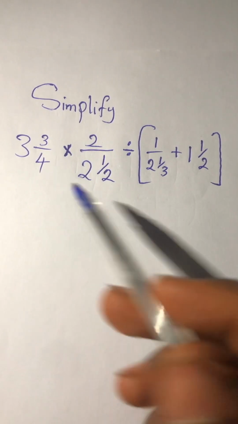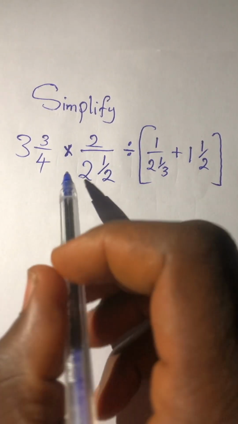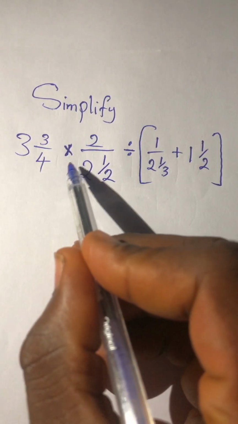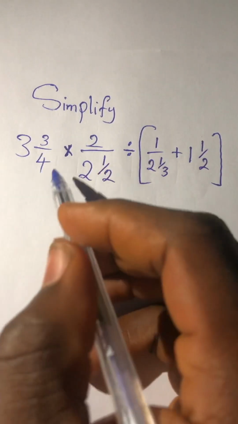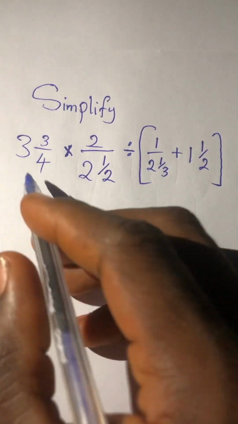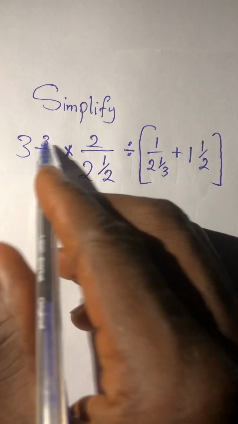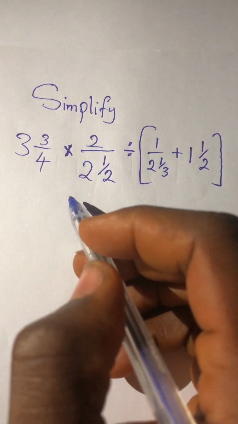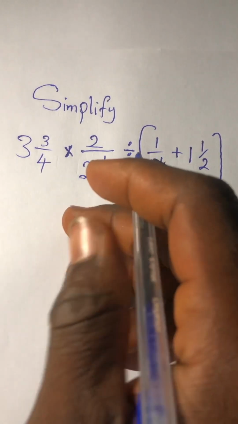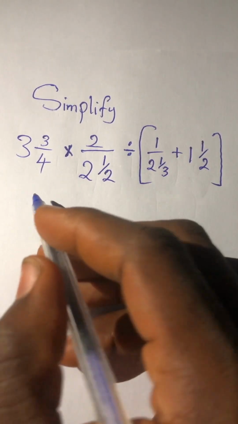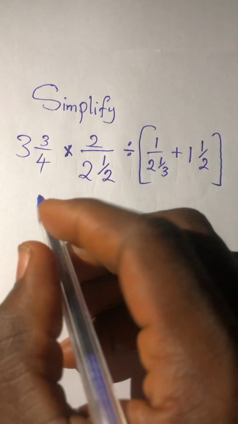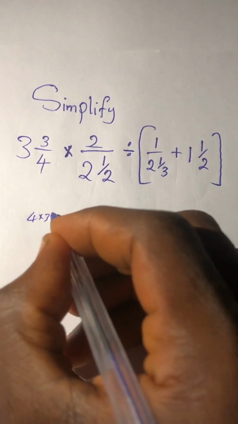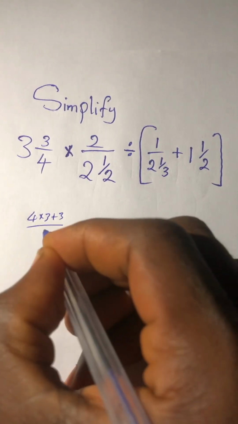To simplify this, and this is complicated if you take it any way. So we're going to take everything step by step by converting these mixed fractions to fractions, from mixed fraction to improper fraction, by saying 4 times 3 plus 3 divided by 4